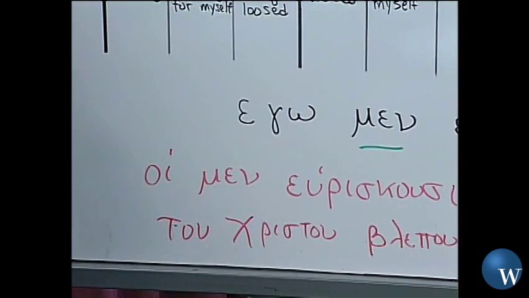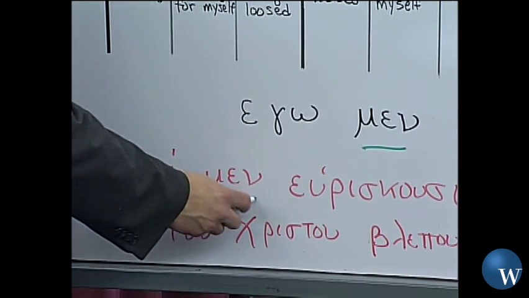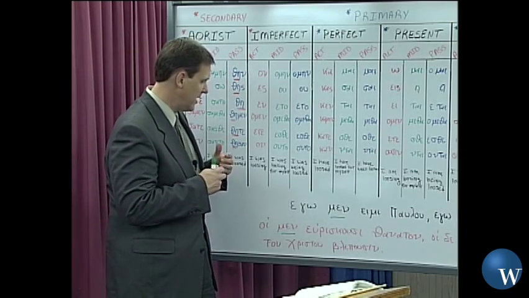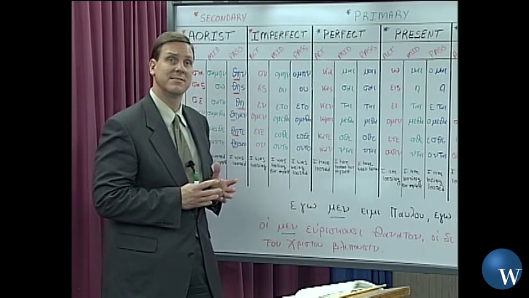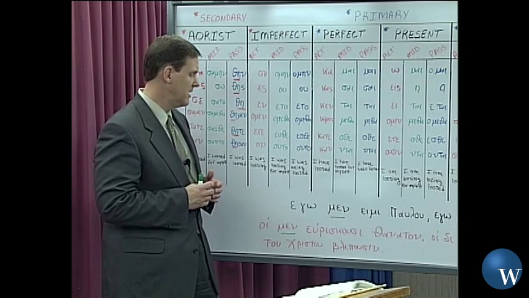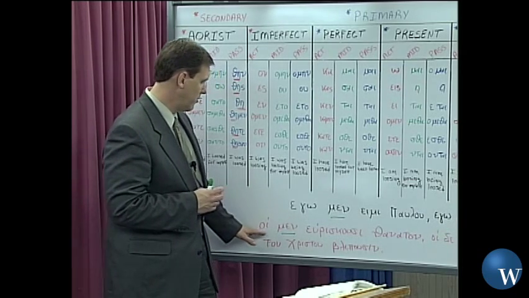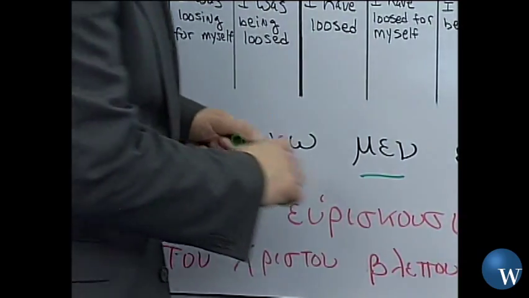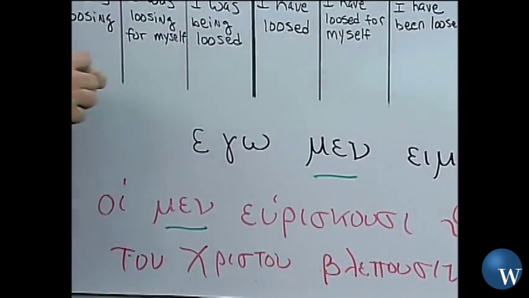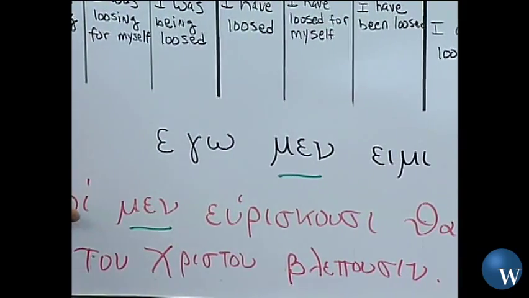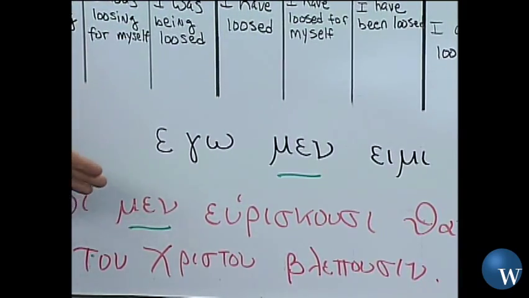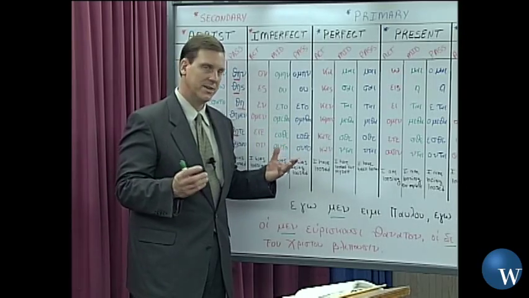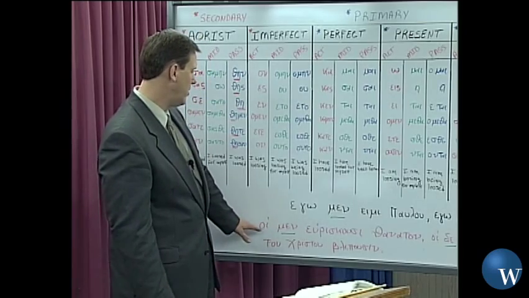Now, by the way, men and de will always be post-positive. Remember, that means it'll never stand first place in the sentence. It'll always come after a word in the sentence. Well, when men and de follow articles in the plural, it's sort of best to think of it as some and others. Some and others. So that if we read this sentence, hoi men